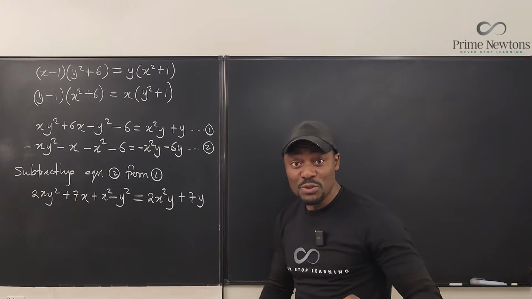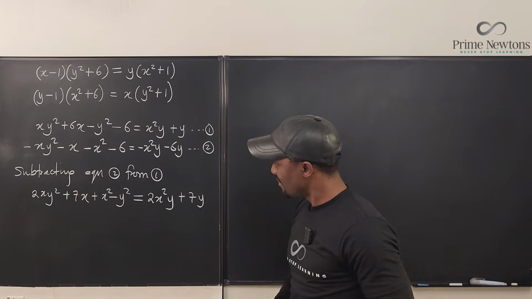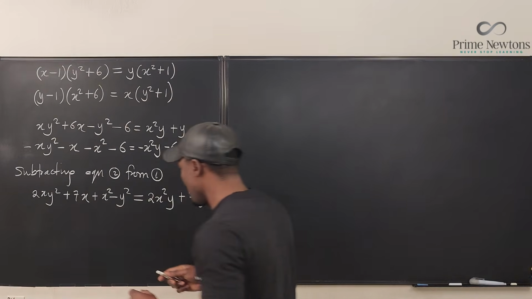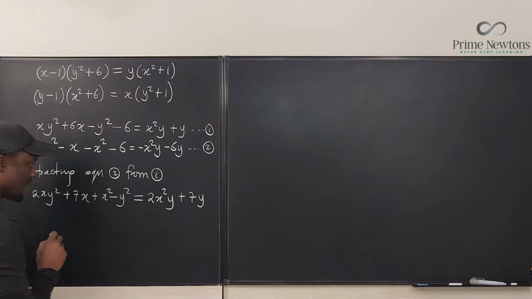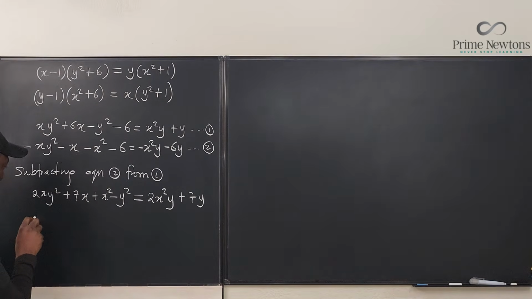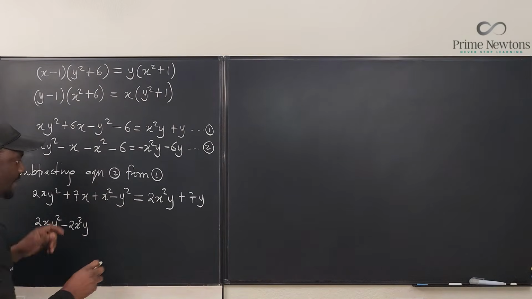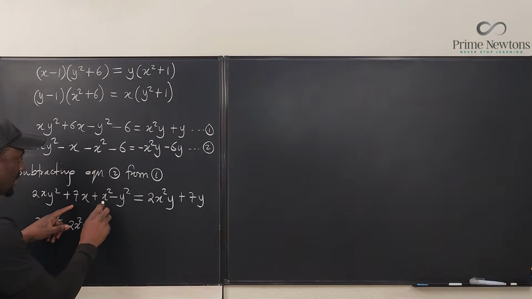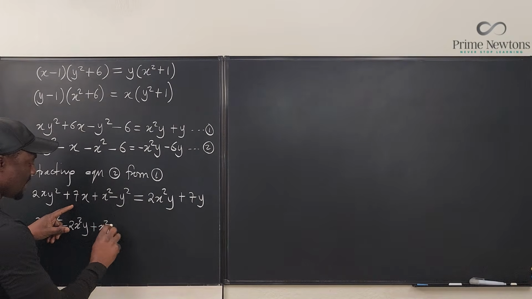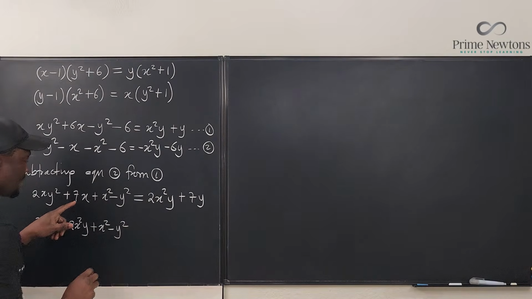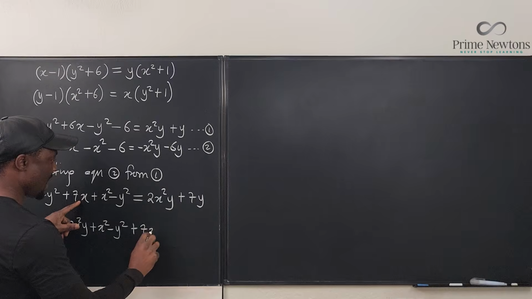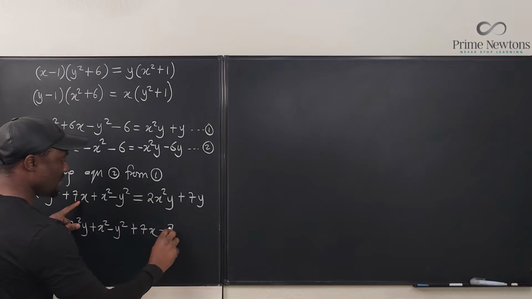So that means we have to try to do some factoring because I don't see anything canceling out. So let's put things together. You know what? I'm going to put this here. Let's say we have 2xy squared minus 2x squared y plus x squared minus y squared plus 7x. If we move this here, minus 7y